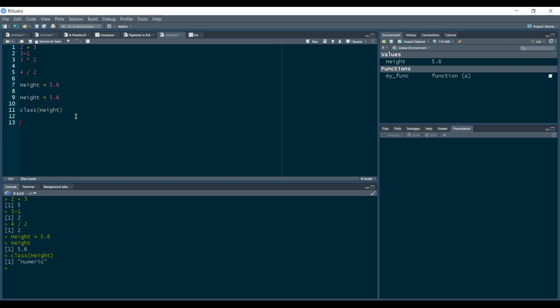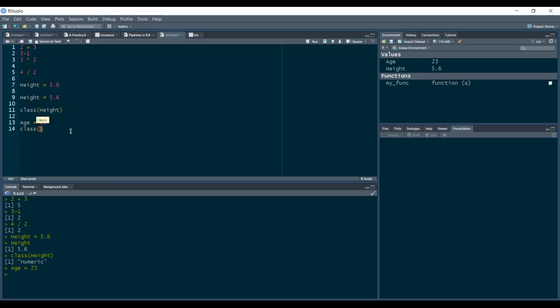And I said integers are whole numbers. Basically, integers are whole numbers. If you assign a decimal number, you classify it as a numeric data type in the R language. If you assign a whole number, you refer to it as an integer in R. So let's say, for example, age, your age, then you insert it as a whole number, then we run. Now let's see what class age belongs to. You type class, insert the variable name, which is age,